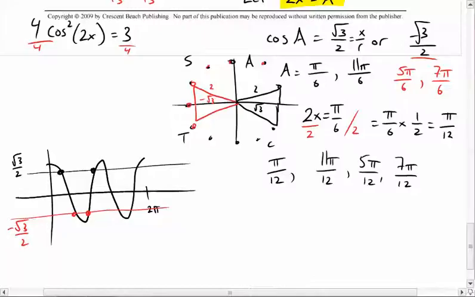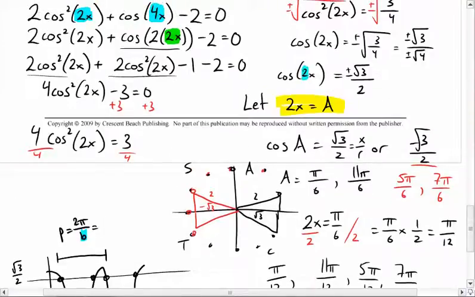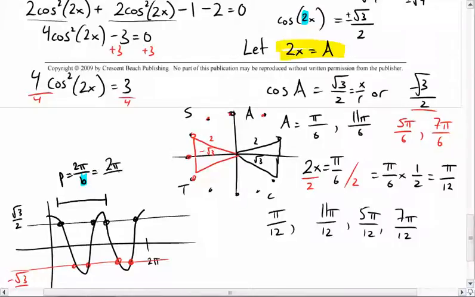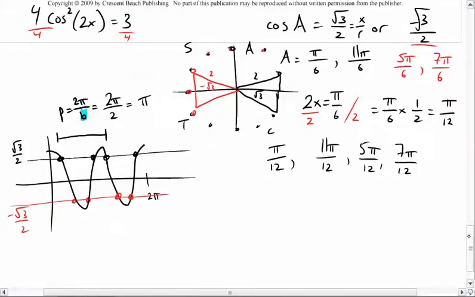Now I've got to add the period to get the next set of 2 answers, both for the top and the bottom. So in this case, the period is 2 pi over b, and b is whatever's in front of the angle right here, 2. So this is compressed 2 times, so the period is half as big. So in order to get the next answers, I just have to take these ones and add the period. So I'm going to add pi to each of these answers,